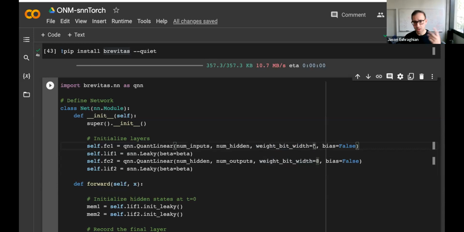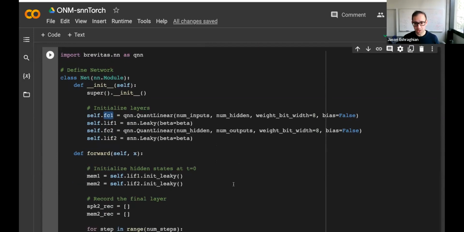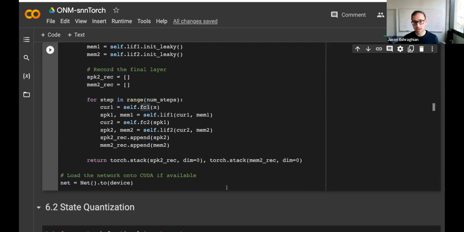You can use mixed precision, that usually doing computation with floats is a little bit more expensive than doing computation with fixed precision integers. So yeah, we run with 8 bits, and it uses a straight through estimator in the background because quantization is non-differentiable. So it's kind of like abstracting non-differentiability away in the same way as SNNTorch and surrogate gradient descent and all of that. So literally it's just a matter of converting nn.linear into qnn.quantlinear. That's pretty neat. I don't believe the output of these layers are going to be quantized. So if you need to quantize activations, then that requires calling additional functions. But yeah, everything else is the same there, which is really nice.